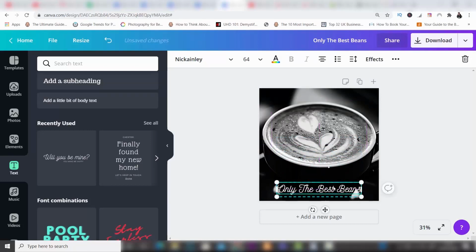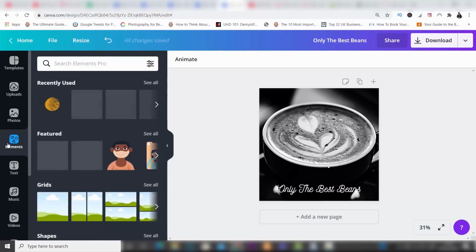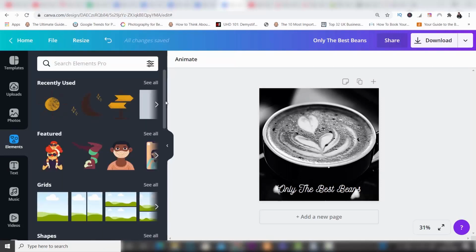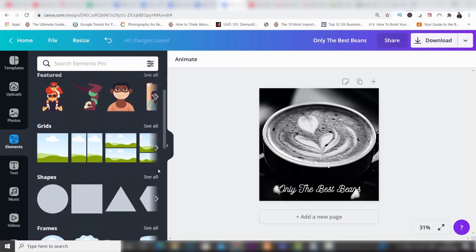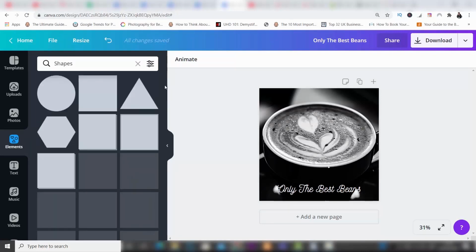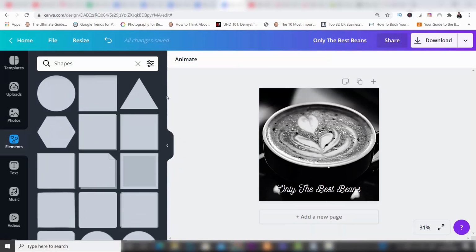Now I think what I'm going to do is create a background for this so that it stands out even more. And to do that, you can come across to Elements. Now Elements is brilliant. It offers you so many different things. You can create squares and different shapes, as you can see here, a whole host of shapes. If you see all, you'll see that there's absolutely loads to choose from. So what we're going to do here is create a background, and I'm going to create a square,